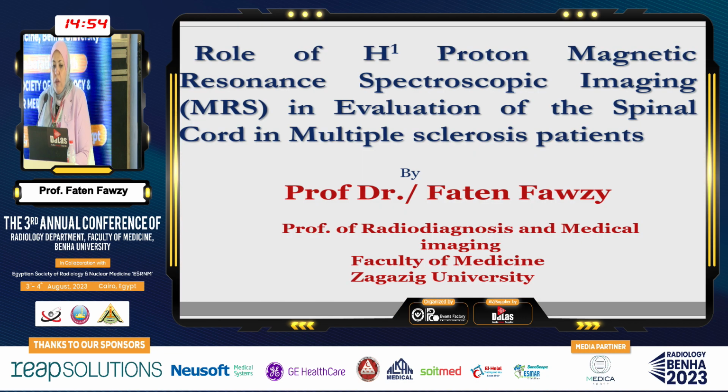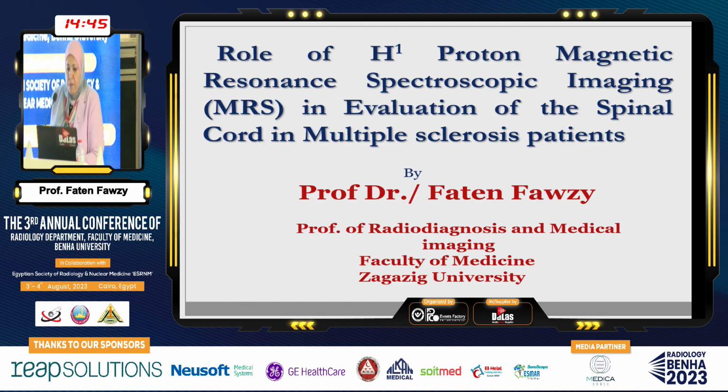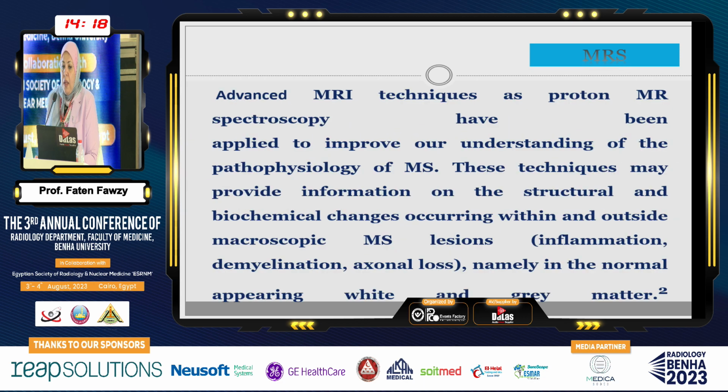My talk is about the role of H1 proton magnetic resonance spectroscopic imaging in evaluation of the spinal cord in multiple sclerosis patients. MS is an autoimmune disease that affects the brain and spinal cord with a complex relapsing and remitting course that includes inflammation, demyelination, remyelination, axonal loss, and gliosis, alternating or present at the same time. These changes occur in the lesions as well as in the normally appearing cord, the white matter, as well as the gray matter. The advanced MR techniques as the